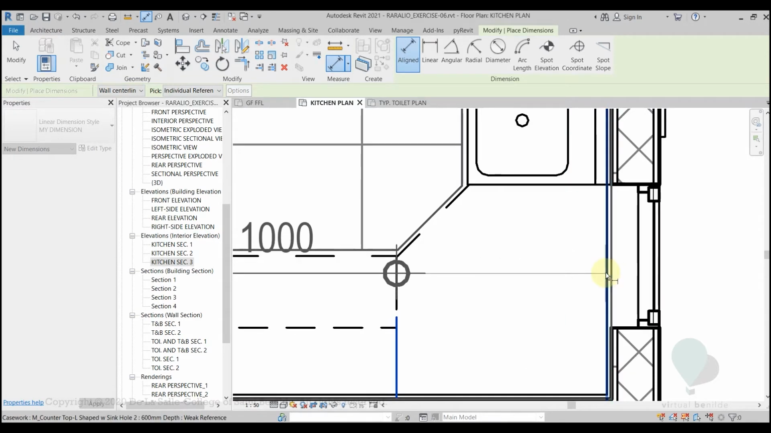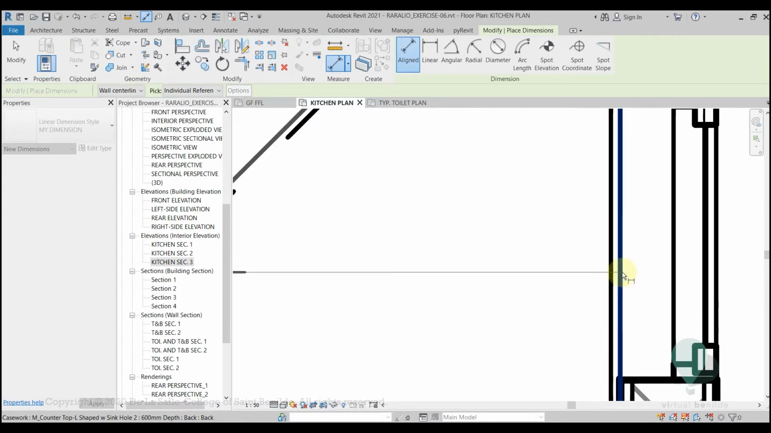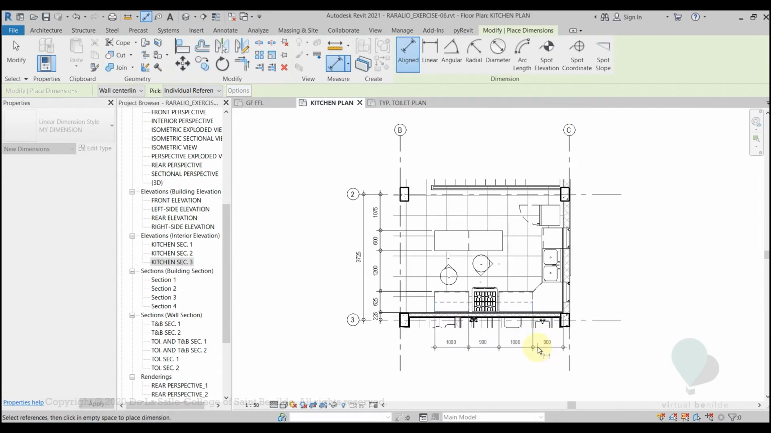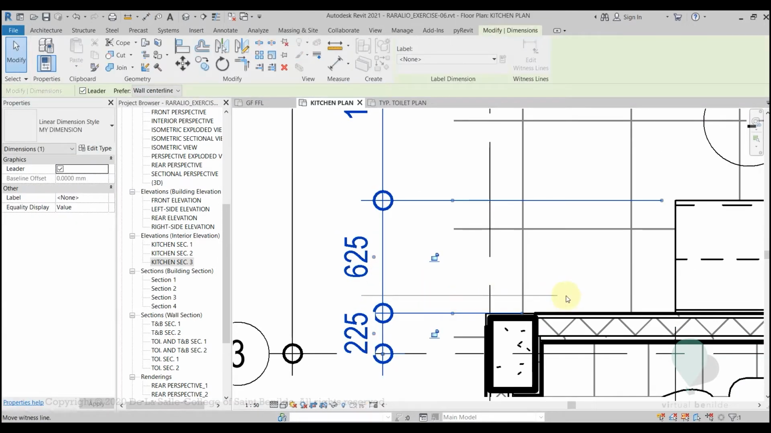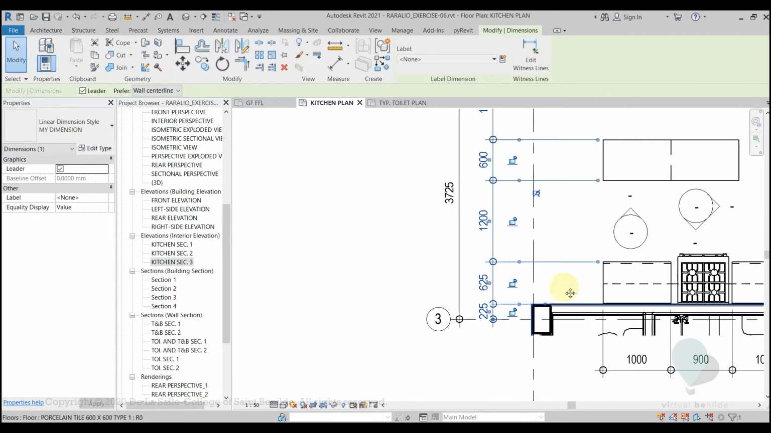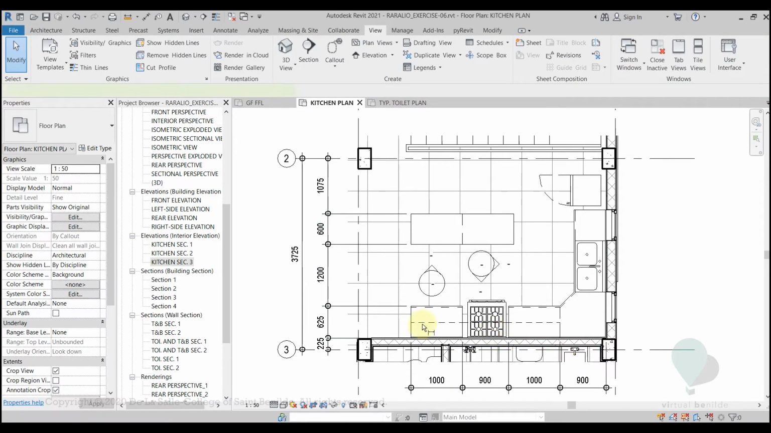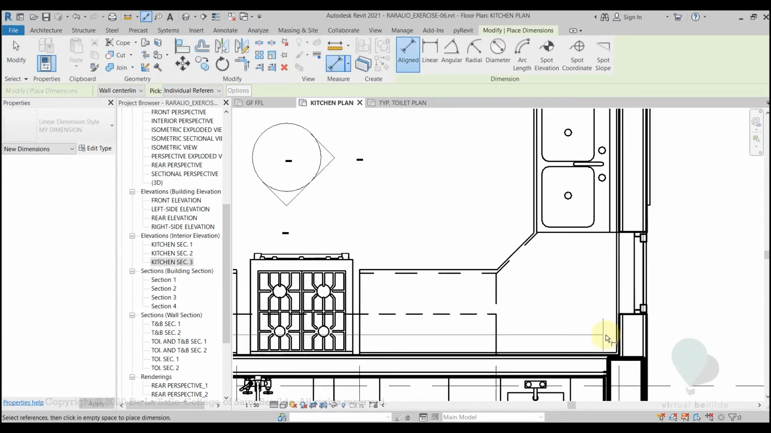This one's the line for the backsplash. I want to dimension the wall, not the backsplash. So this one's probably dimensioning the backsplash. This one's right, correct. Okay, so let's go back in here. DI, let's dimension the whole counter